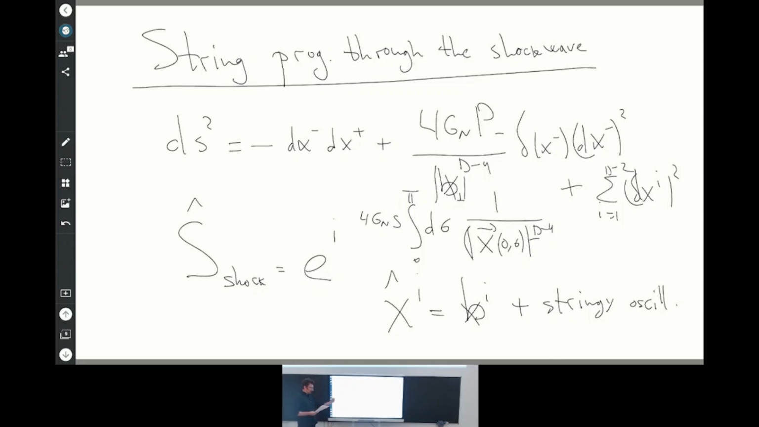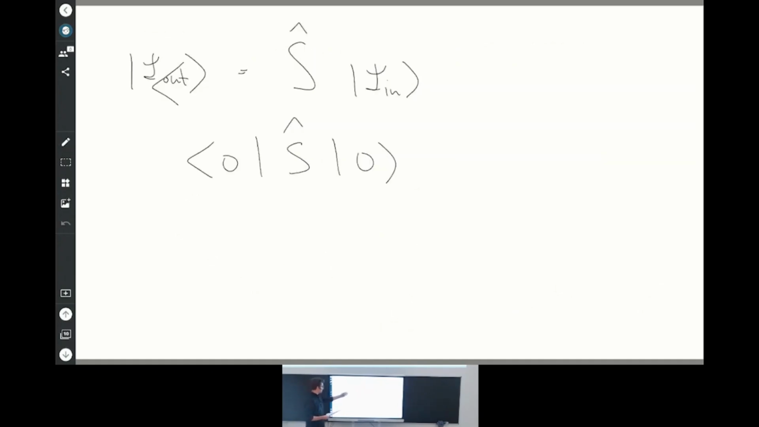So that's a very simple exercise that one can do. And then you evaluate this element in, say, a stringy vacuum. And this you can do. Well, there is an exact formula, but basically what you get